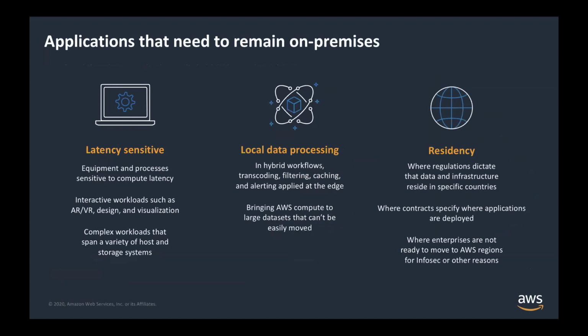Okay, so there are three main reasons that dictate why applications must remain on premises. First, latency-sensitive applications. For some of our customers' business-critical applications that are sensitive to latency and variability in latency, you need applications to run on premises to support equipment and processes that are sensitive to compute latency in order to ensure smooth and predictable operations and to provide superior experience to end users and to maintain, of course,